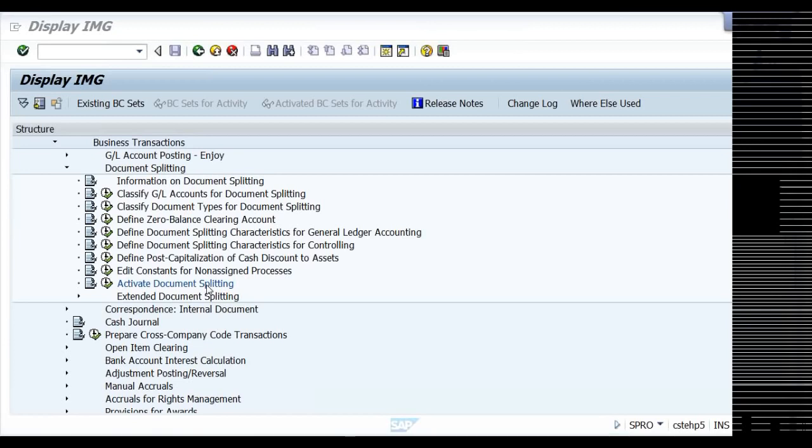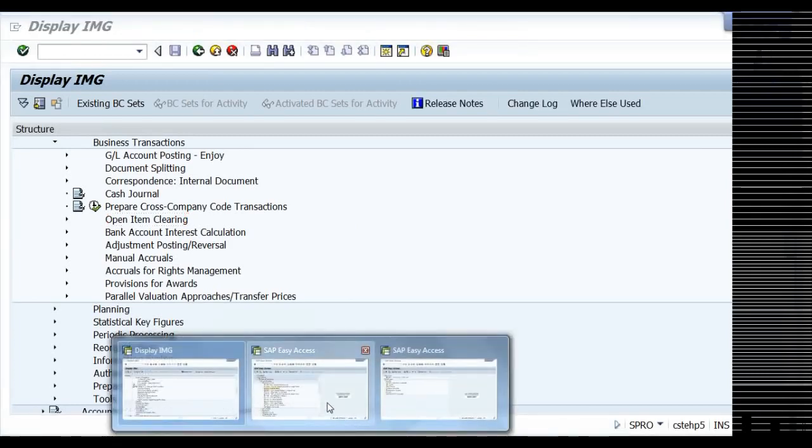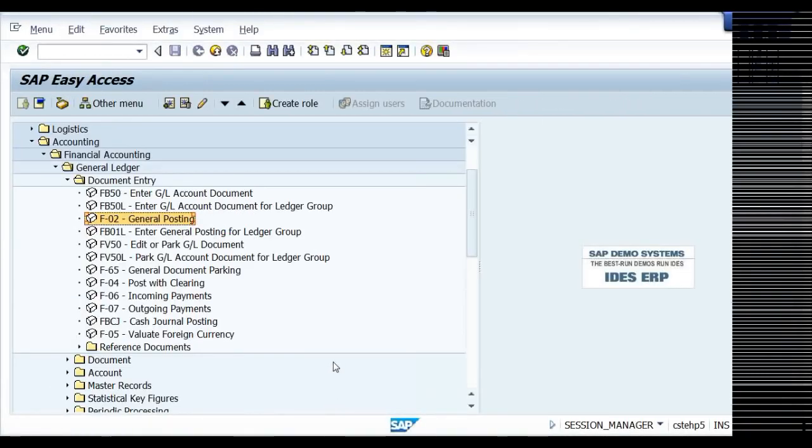When we go to the new GL topic, there we activate document splitting. So first of all, you deactivate. These are the settings you can do.